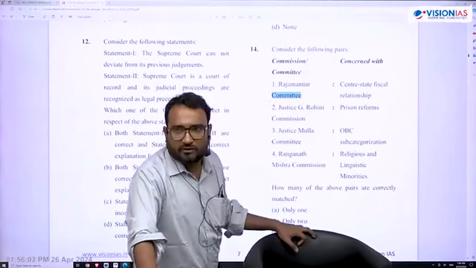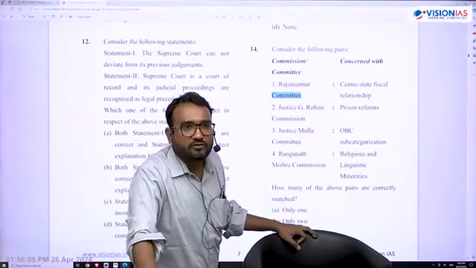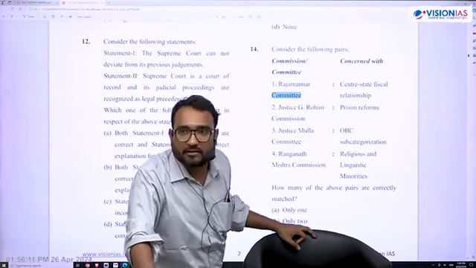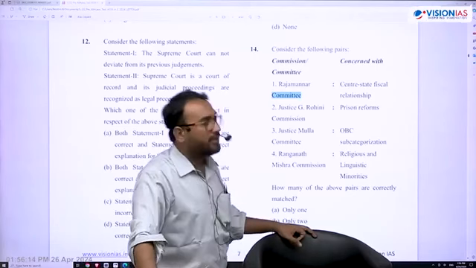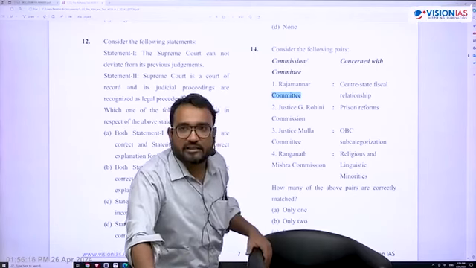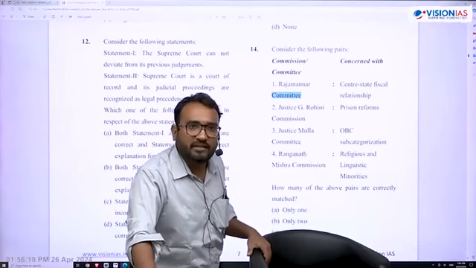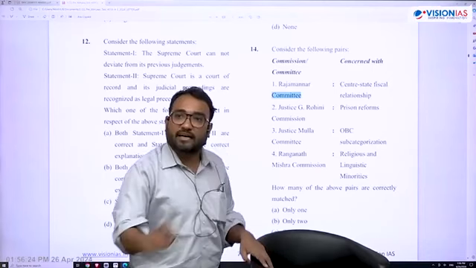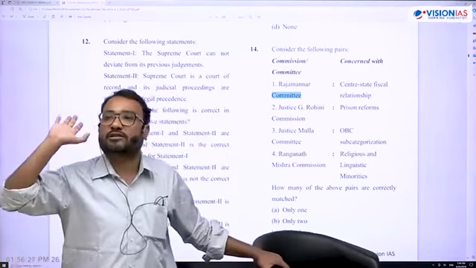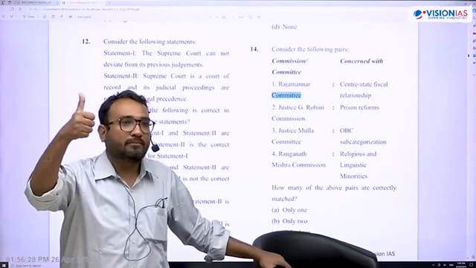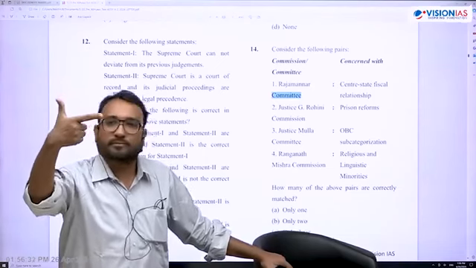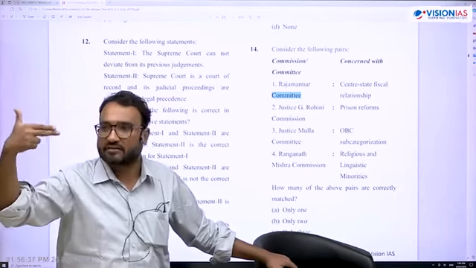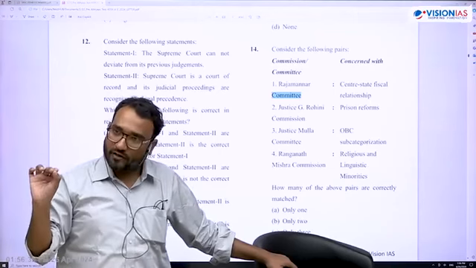Justice G. Rohini Commission, under Article 340 of the Constitution, constituted on 2nd October 2017, submitted its report last year on subcategorization of OBCs. The report is not in public, okay? And what is the difference between Article 338B, that is a permanent commission, the National Commission for Backward Classes, and Article 340, which is a temporary commission? Under Article 340, only 3 commissions have been established till date. Kaka Kalelkar Commission, getting my point. Then you have BP Mandal Commission, 1st January 1979, Kalelkar Commission 1953, and 2nd October 2017, that is Justice G. Rohini Commission. So Article 340 is a temporary commission.